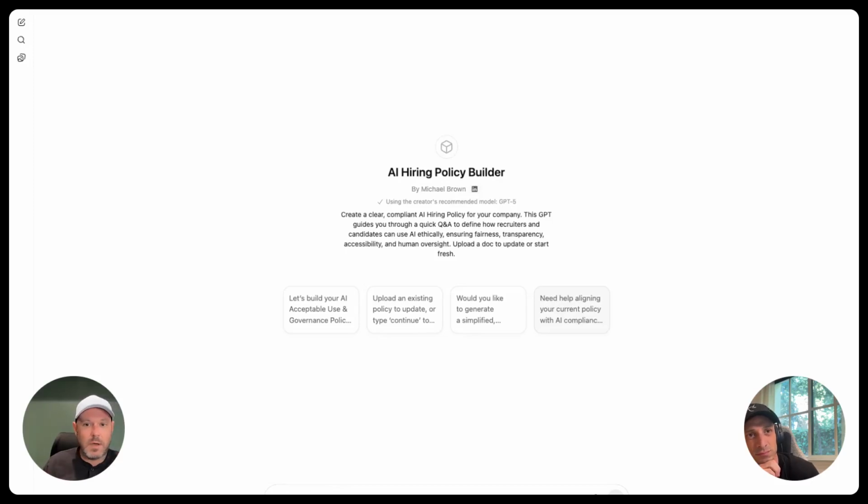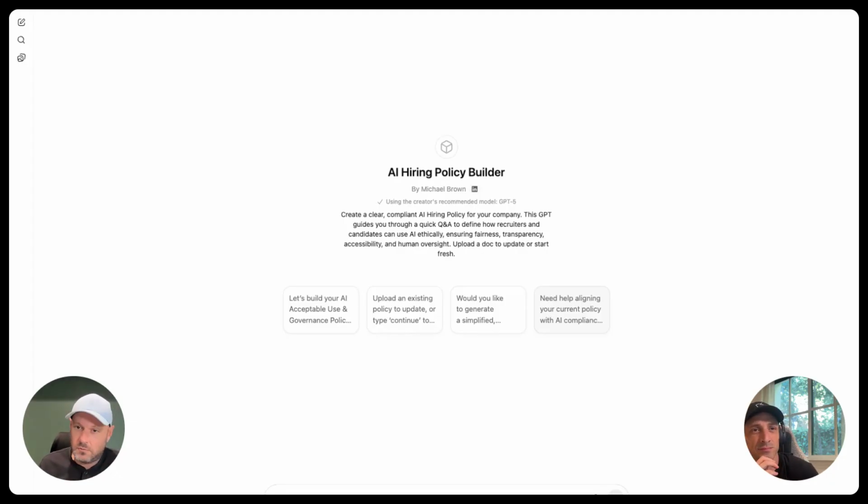The output is not only a document for internal use so that everybody's aligned, but also a one pager that you can send to candidates so that they understand expectations as well. So that's essentially what it's going to build and walk you through from that new perspective.